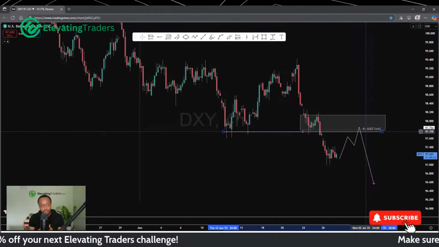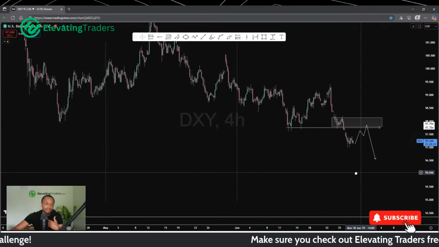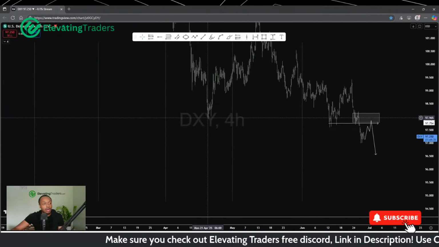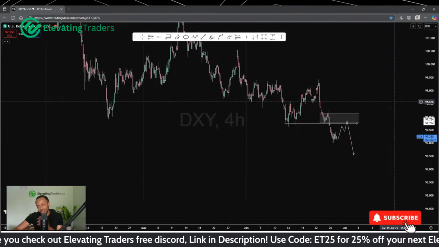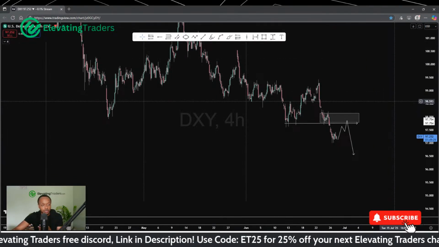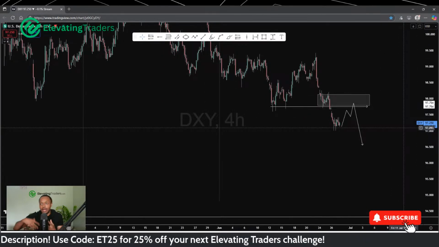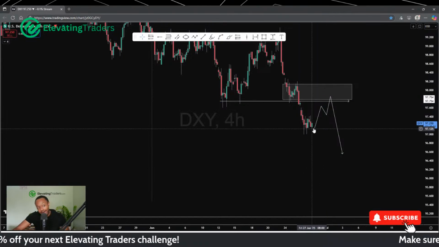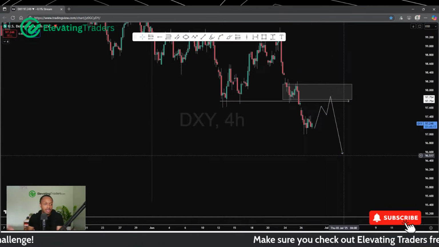We might still keep falling for a few days. I think the bigger move in terms of where the next major swing will be, I think we'll form another major low like we did over here and probably see a pullback over the next few weeks. But of course, that could take some time, so I'm not going to speak too much about that, especially today's Friday. You know, we're not really too concerned with that until next week. So for now, USD, if there is a pullback, I highly doubt we'll have a pullback like this and a continuation by the end of today. So I don't really see much opportunity.